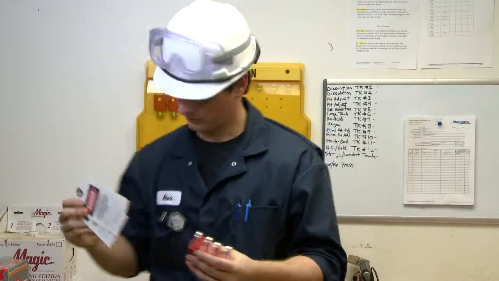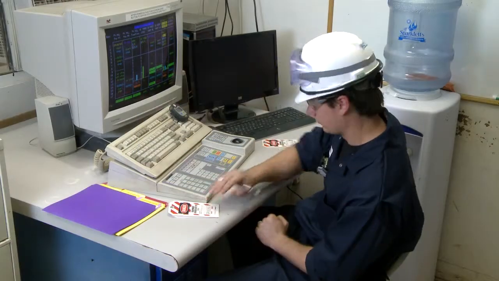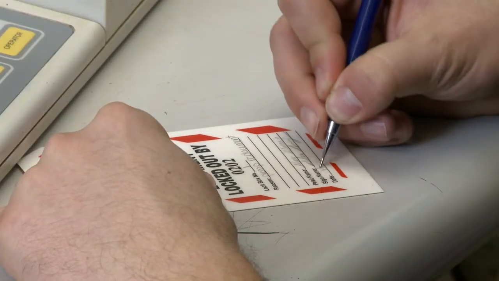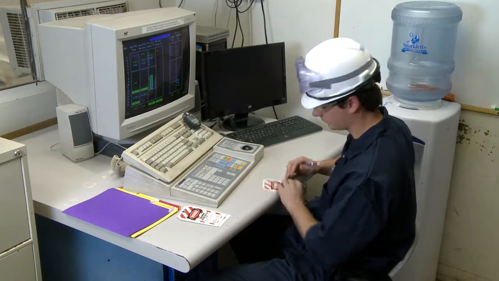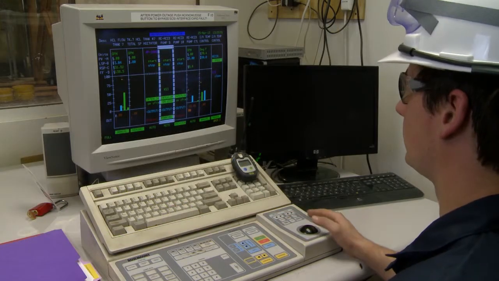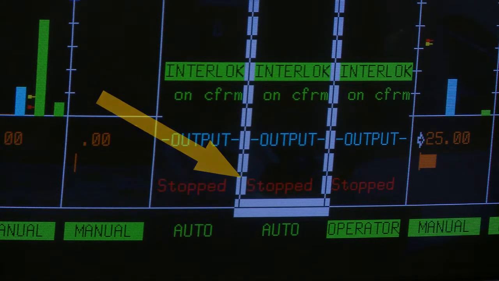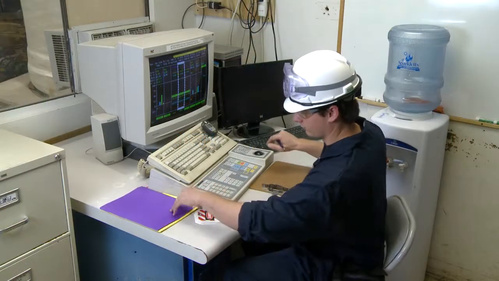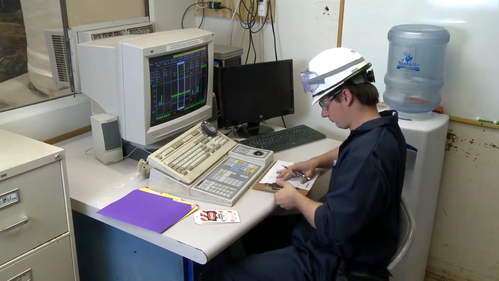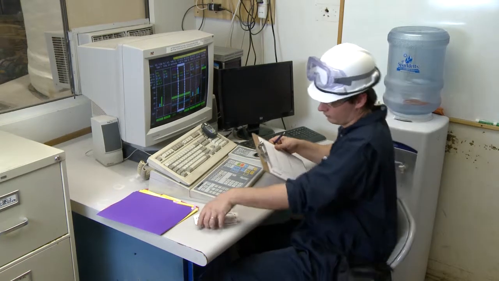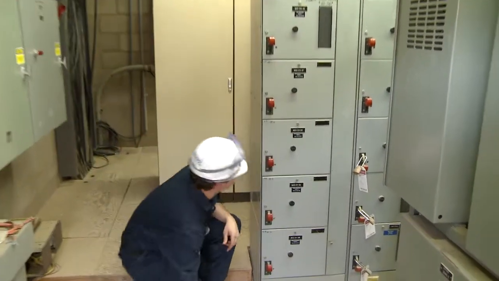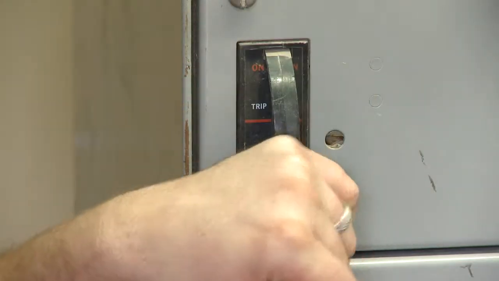The first step is for the process representative to fill out the tags for the equipment involved. The tags should be filled out in pencil so they can be reused. The process representative next shuts off power to the pump at the computer. The LOTO lock and blind identification form is placed on a clipboard. The process rep goes to the Motor Control Center, the MCC, where he shuts off the electrical breaker and places